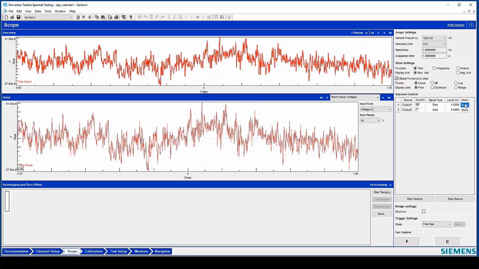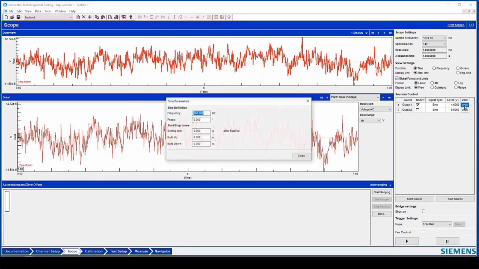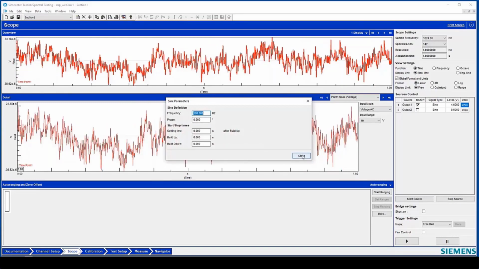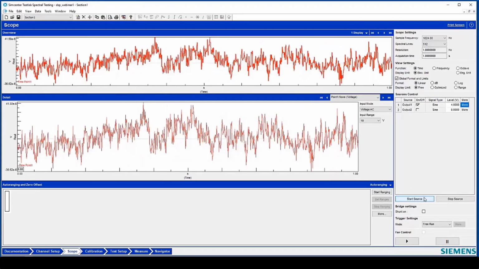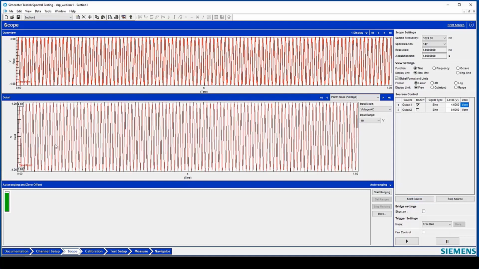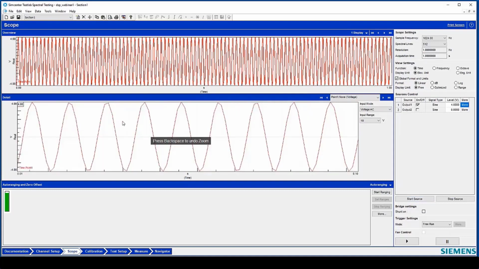Great. I thought I was maybe scaring you before, so I went in here and changed the frequency of the sine wave I'm generating back down to 100 hertz. So we're back to a nice looking sine wave. Is that good for you, Charles? Yeah, I'm happy. Okay. And you can see up here I got those settings you were talking about: sample frequency, spectral lines. In fact, I think your equation said bandwidth divided by spectral lines is your frequency resolution. And then there is your acquisition time.